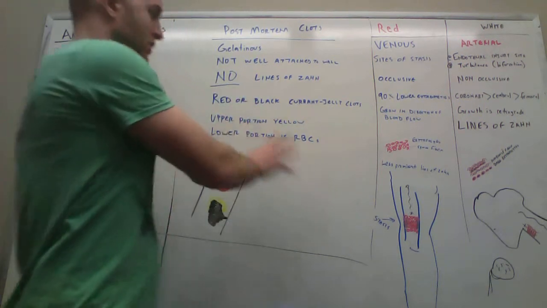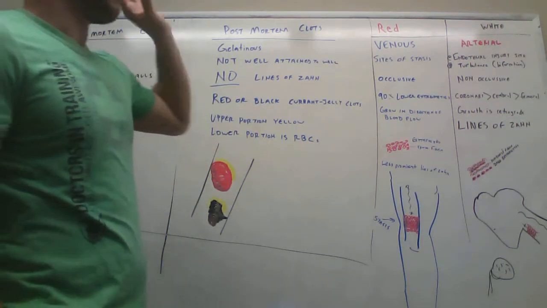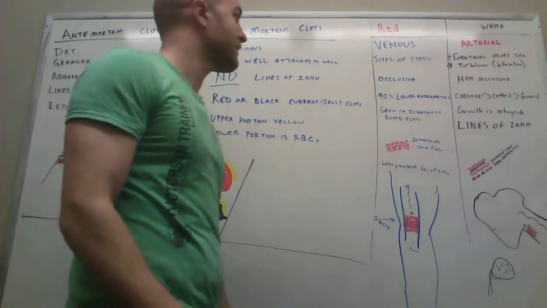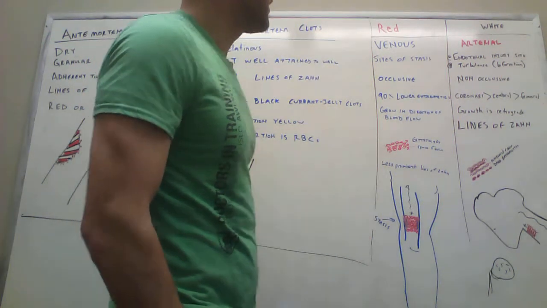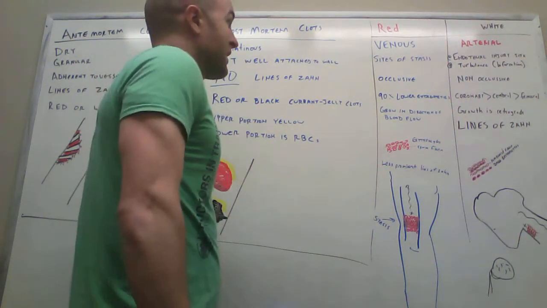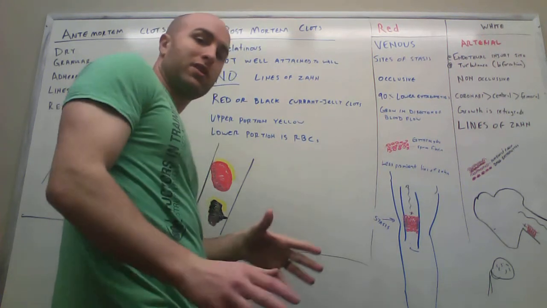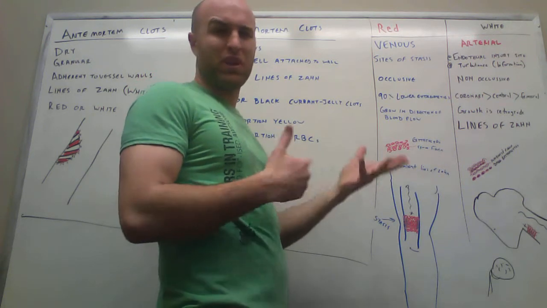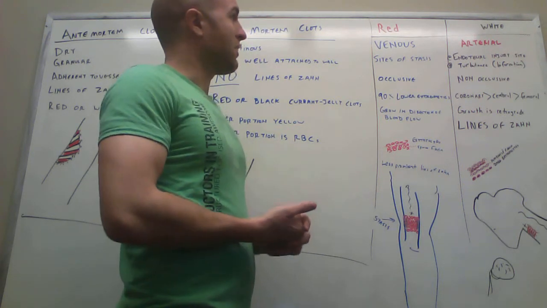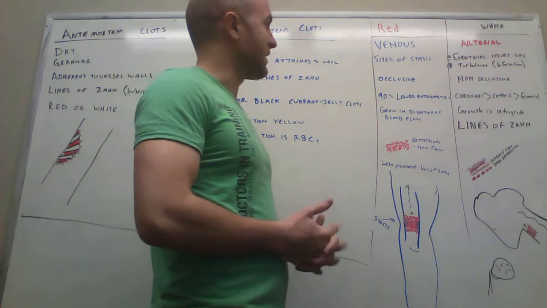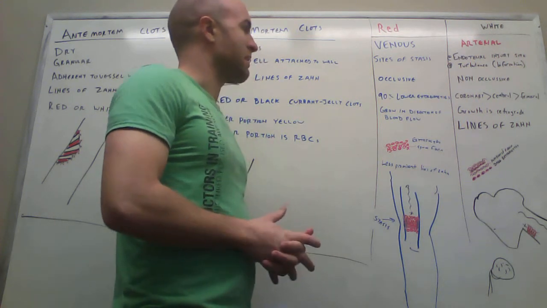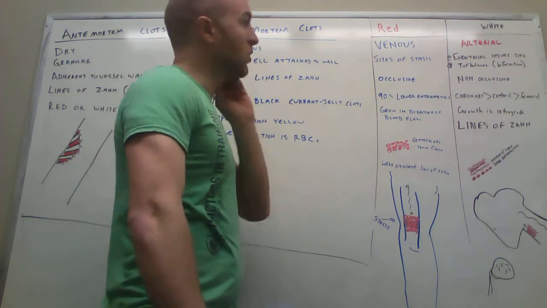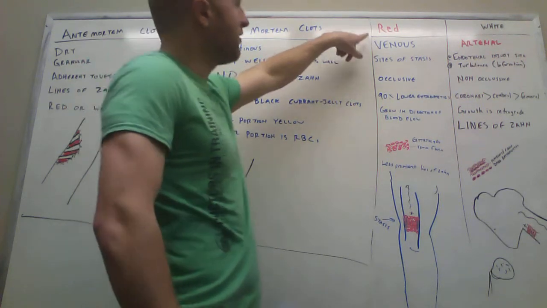Okay, now that's one division, ante-mortem and post-mortem. But now we're going to talk a little bit about red versus white. In red versus white, the red is what occurs in venous. Now that may seem confusing because usually you think of red as being arterial, and blue as being venous. But no, in this case, red is venous. And maybe as you go through it, we'll find some reasons why that might make more sense. Okay, so red, venous,